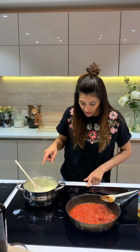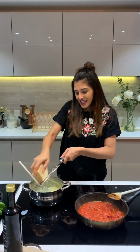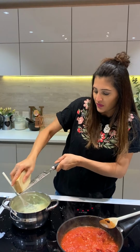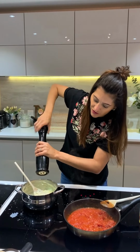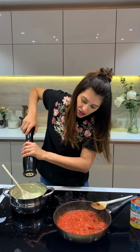But while that's done its thing, this is when you should add your seasoning. Parmesan is one of my favourites to add as a seasoning in there. It's quite salty as well, so that way you won't need to add too much salt. So you've got parmesan and lots of black pepper as well. So if you do it with water or stock, you won't need to add too much parmesan